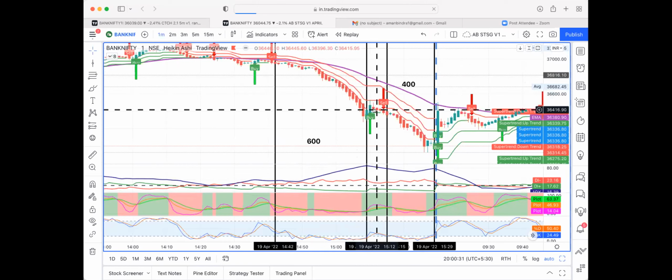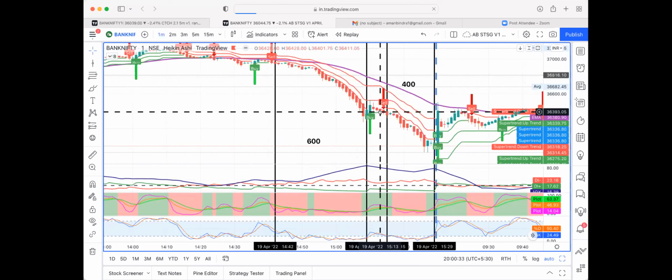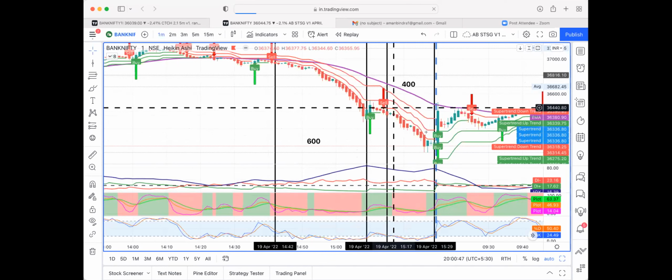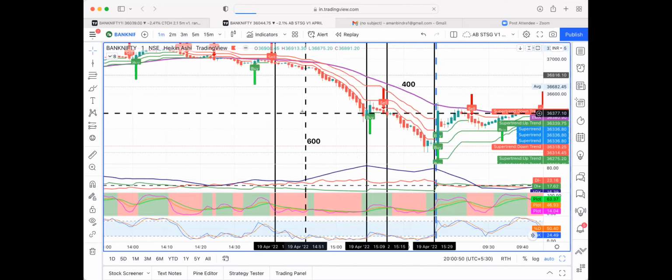Then after an exit, again an entry came, and again an option came to enter the trade. The price again went below the third super trend line. We again took a trade, and that trade gave us easily 400 points. So you can see that in